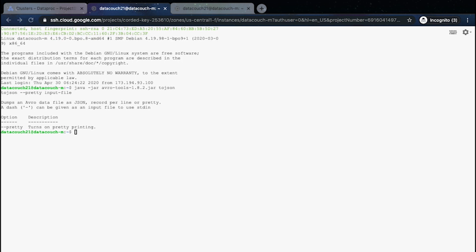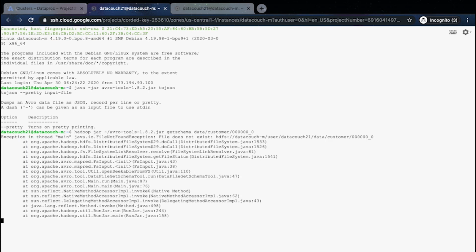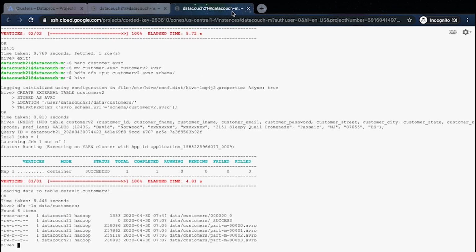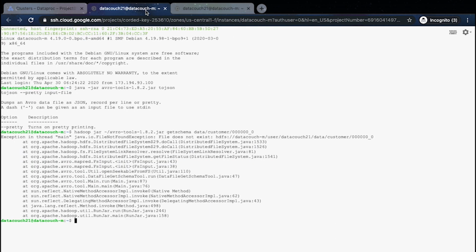I will use this hadoop jar command, and I will paste it here, and I will get the schema from this file, and I can even see what is there in the data. So the file name is, let's see, customers, part-m-00000, underscore 0. So it is not able to find this file. Let's see if we have